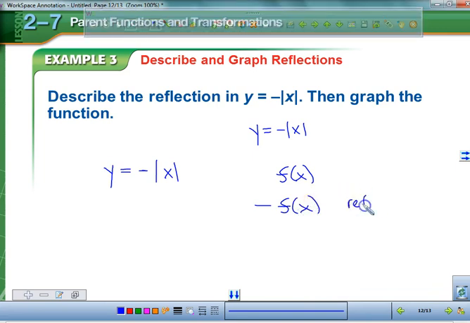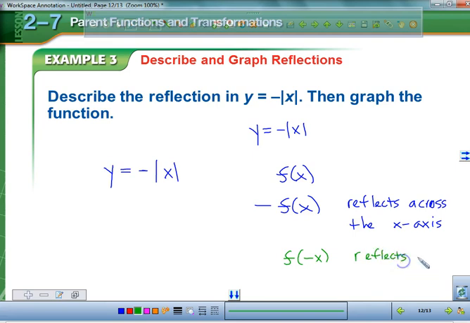It reflects across the x-axis. If you have f of negative x, if you make your y values negative, it reflects across the x-axis. If you make your x values negative,